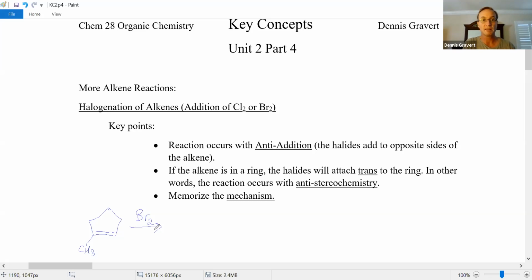So step one, let's show some covalent bonds. The Br2 molecule has one single bond. And in the first step of the mechanism, the pi electrons of the double bond are going to connect to one of the bromines. Oh, you know what? I don't know if in the past video we talked about why these electrons, which are negative, are seeking this non-polar molecule. There's no positive charges there. Well, what